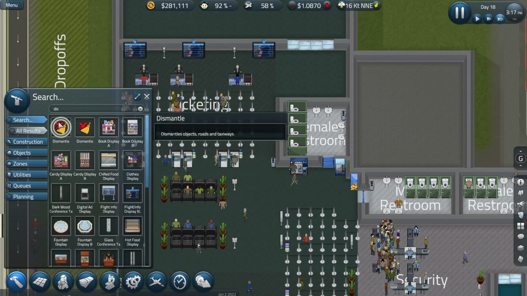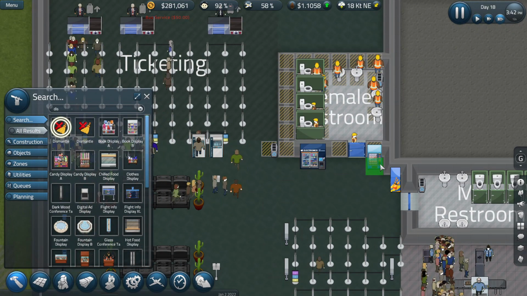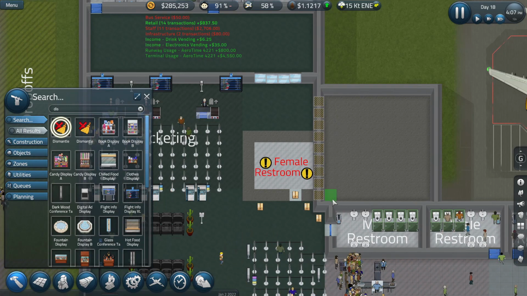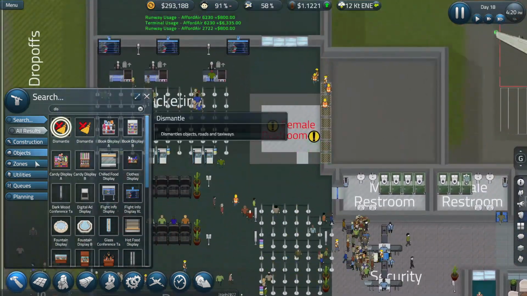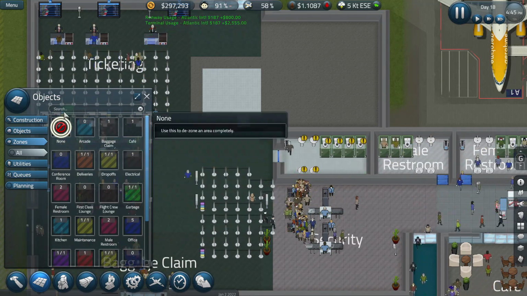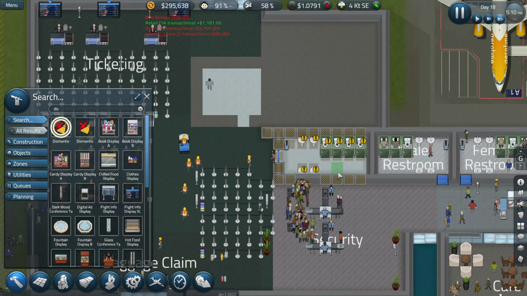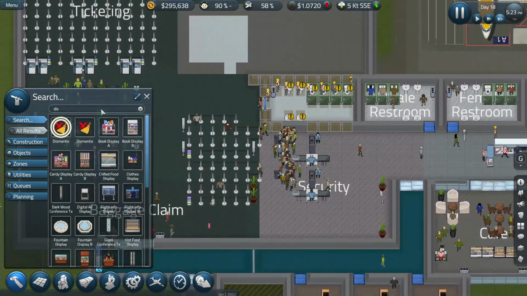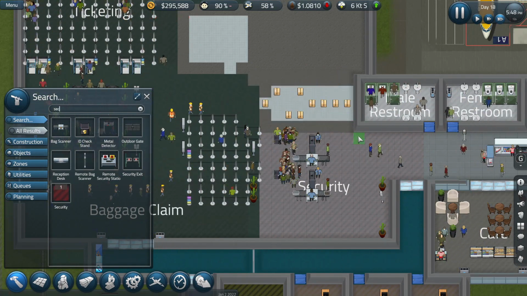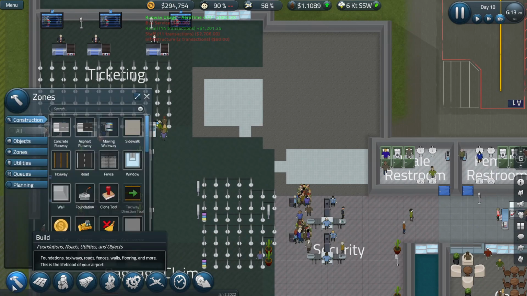Anyway, let's go ahead and dismantle all of that. Let's dismantle that. Let's dismantle this and this. And all of this. Let's go to zones. Let's get rid of that. And let's get rid of that. And then dismantle all of this. Don't think that's going to freak out, because security... Yeah, no, it's not going to freak out. So we're good. I didn't think it would, but...